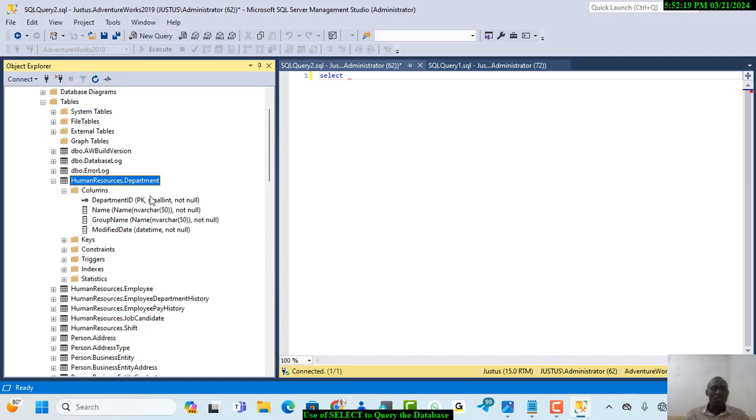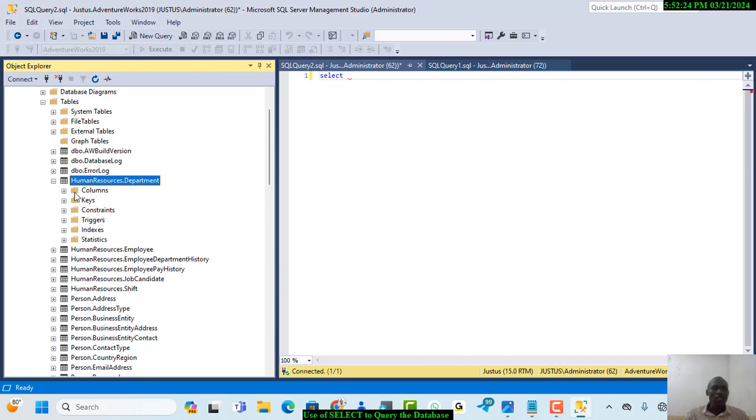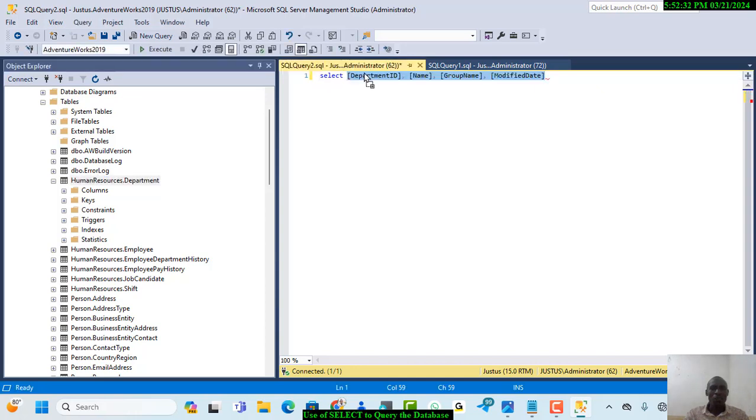To query, I need to select the columns by just clicking on it, drag it, drop. As you can see, the script will generate an error. So I'm going to select DepartmentID, Name, GroupName, ModifiedDate